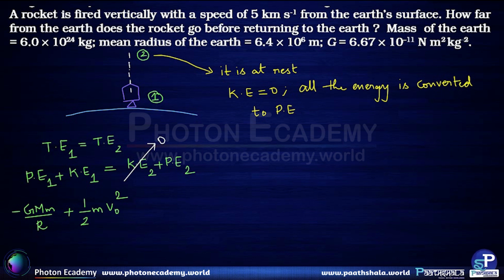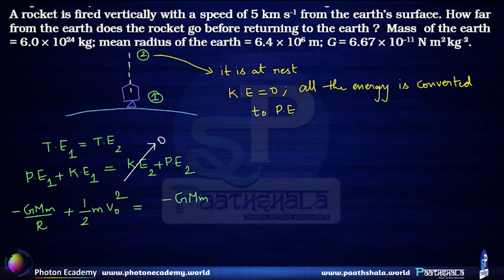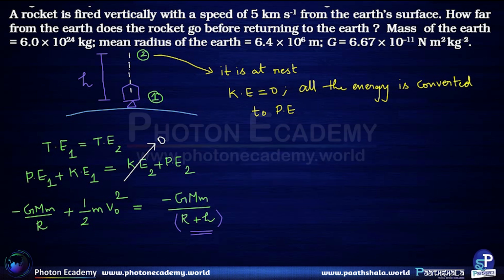So this is going to be equal to minus GMm by (R plus h). Here we are considering h to be the height of the projectile. R plus h, because when the rocket comes to state 2, the distance from the rocket to the center of mass of the planet is R plus h. So if we simplify this,